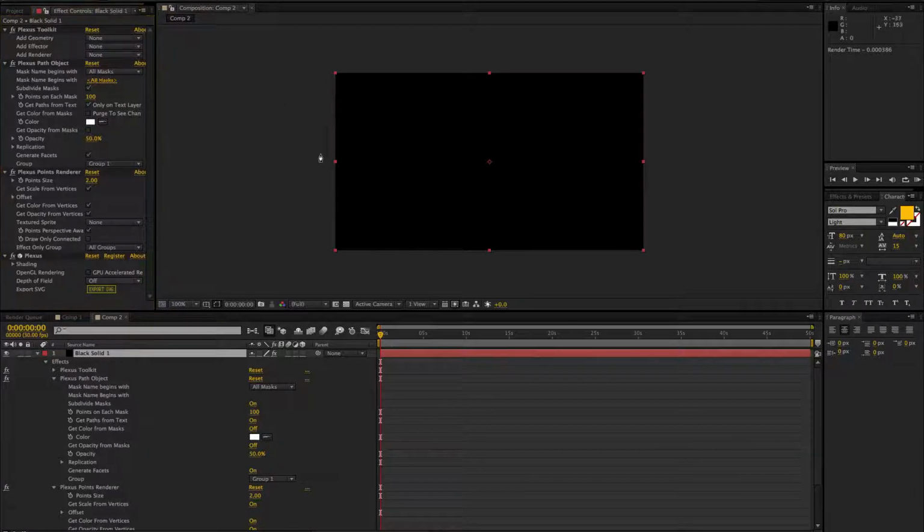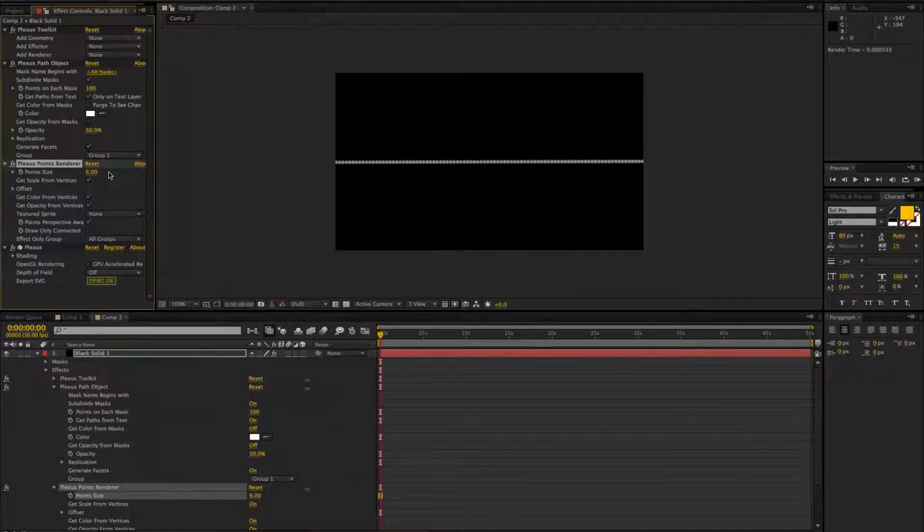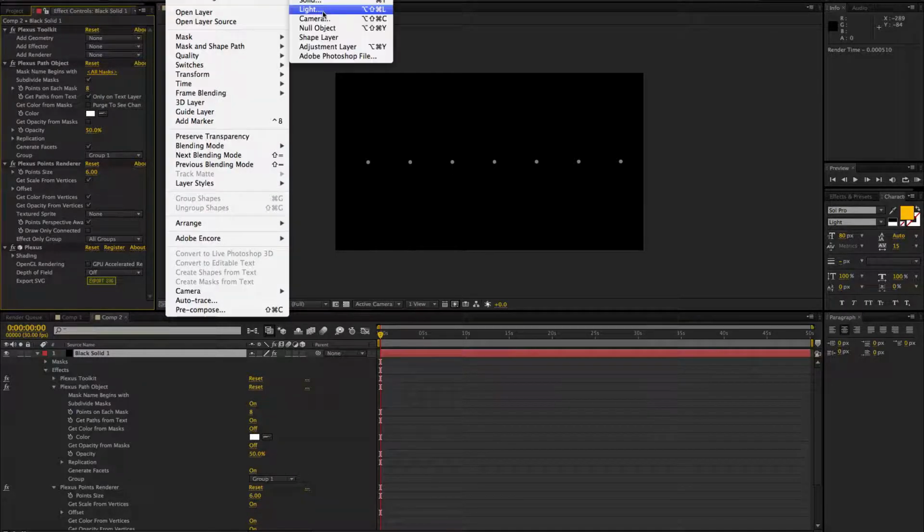And let me draw a straight mask. And as you can see, there are a lot of points out here. Let me set the points to really low, probably like 20, maybe even less, like 8. Great. Let me add a new camera here,